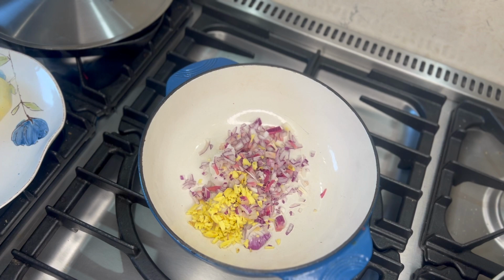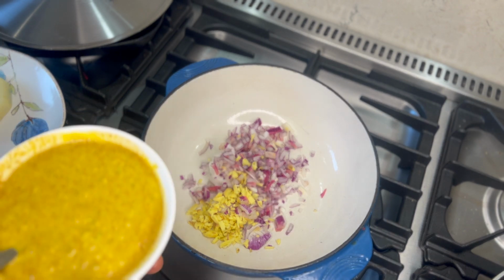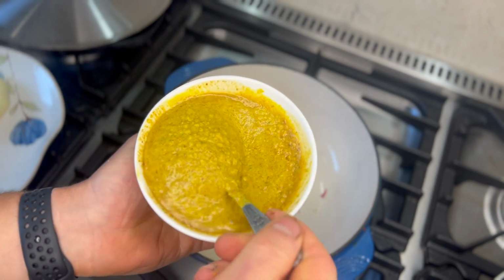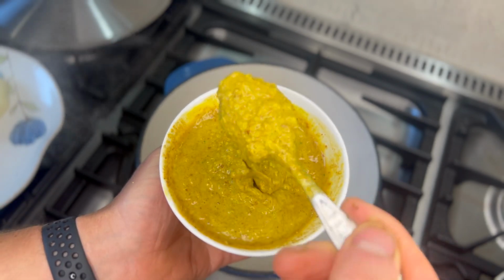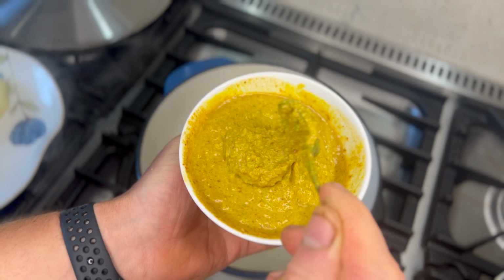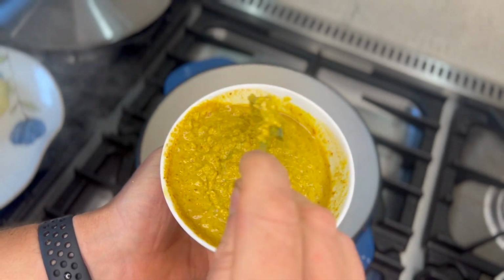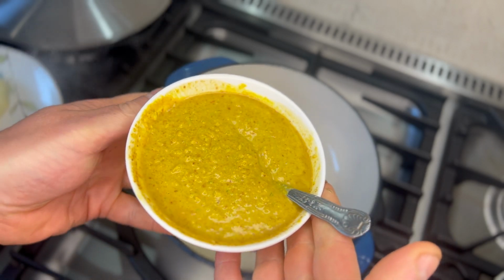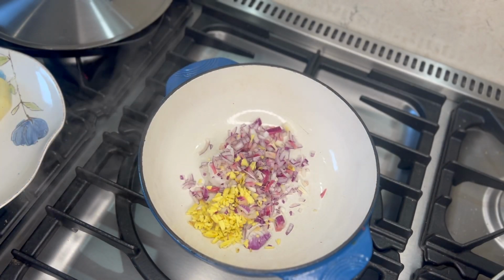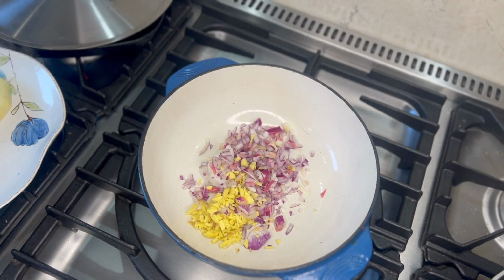Oh, one little thing with the satay, I had forgotten an ingredient. A tablespoon, and the satay, there it is there. Also there should be a tablespoon of soy sauce. I just mixed it in manually because it was light soy sauce, just a tablespoon as well. And that's what your satay sauce should look like. Lovely, flavoursome, very, very versatile little sauce that can be used for dipping, all sorts of things. So,